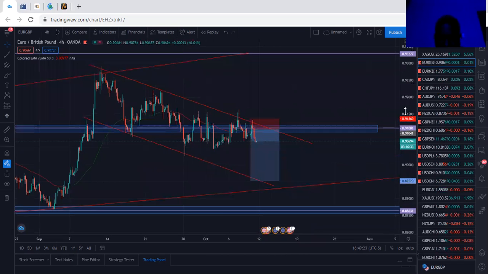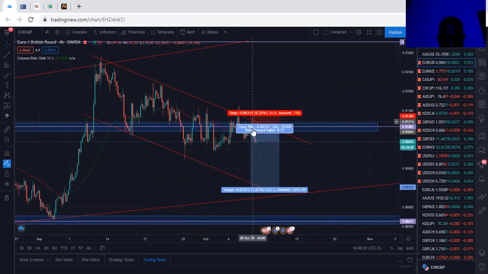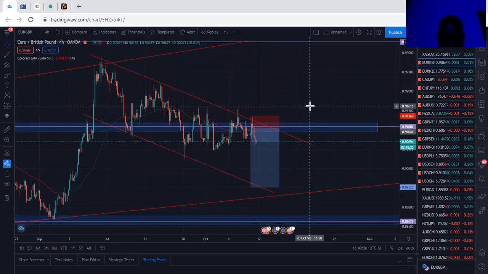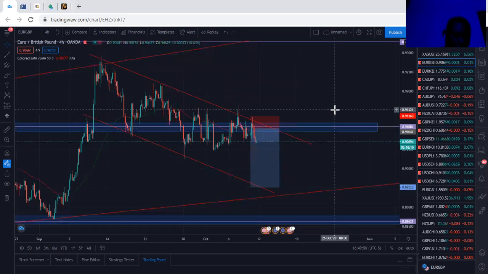So that is the psychology behind these pin bars. You can see right here, market opened, buyers were all in, they pushed the price all the way up, then sellers came in and boom, they crashed the price and it closed below, leaving a long rejection wick. That means the sentiment is probably changing from that of the buyers to the sellers. So you take the trade, use your proper risk management, just in case you are wrong, you lose little, and if you're right, you make more. As you can see, it's already at a 1-to-1, so I don't know. Market might just open and go straight to my stop loss, or probably my trailing stop, and we'll be all good with that.